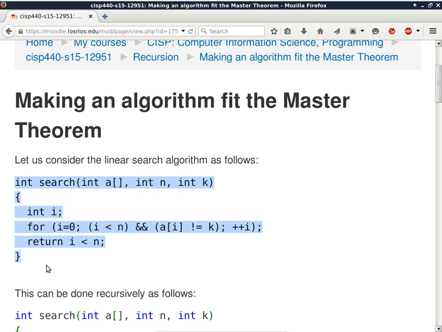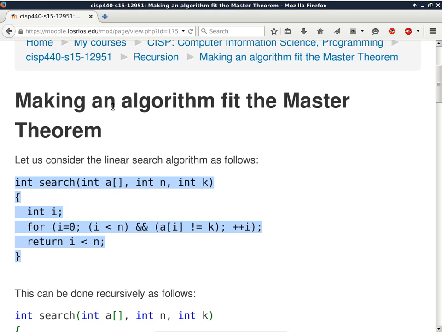So we'll start with something relatively simple, which is the linear search algorithm. There's nothing magical about this. It's really simple and brute force. I give you an array of items, and the items are not sorted. In this case, it's an array of integers. Parameter A is the array, parameter N is the number of items in the array, and parameter K is the value that I'm searching for. Are there any questions about the parameters?